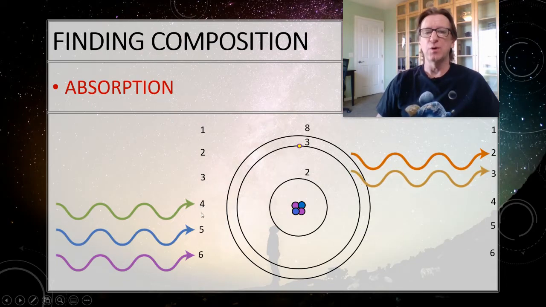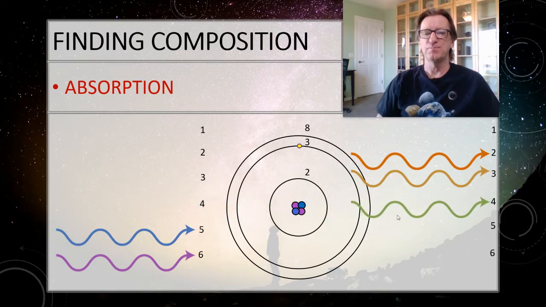Now you do it with 4. Is it going to be able to use 4? Compare it to each of the energy levels and see if there's a way that it can use 4 to jump up into a level. Nope, 4 plus 2 is not 3, 4 plus 2 is not 8, 4 plus 3 is not 8, so it goes sailing right on through.